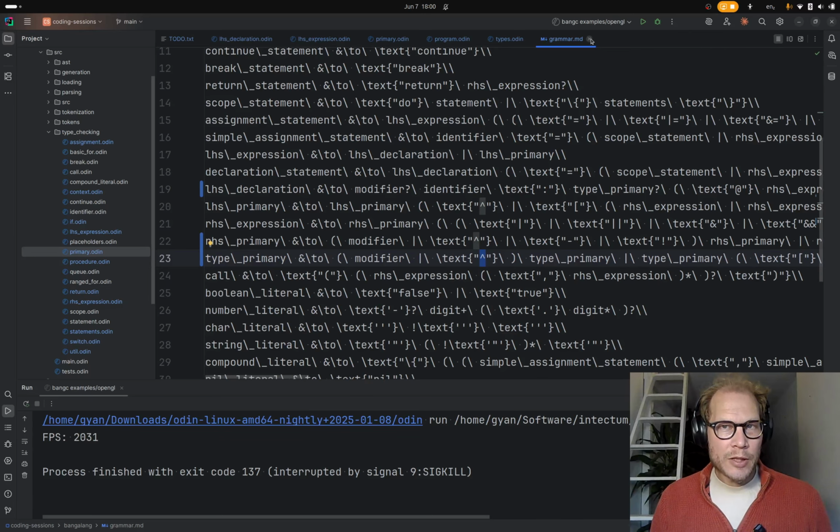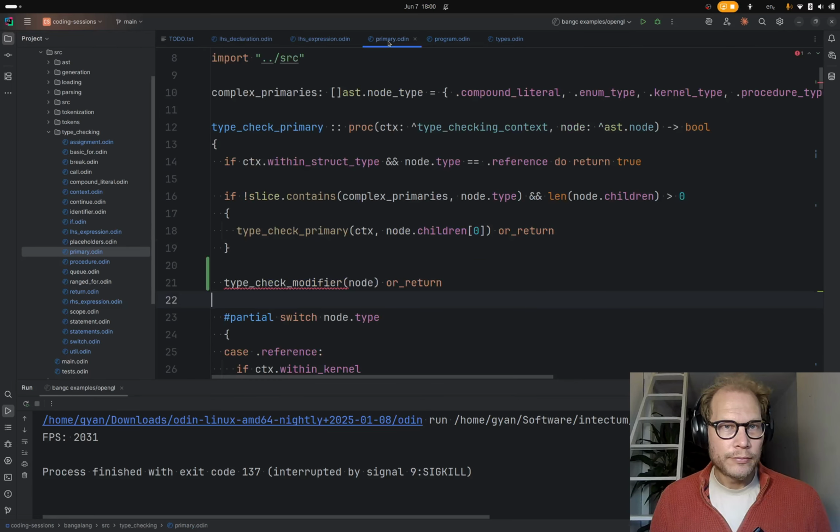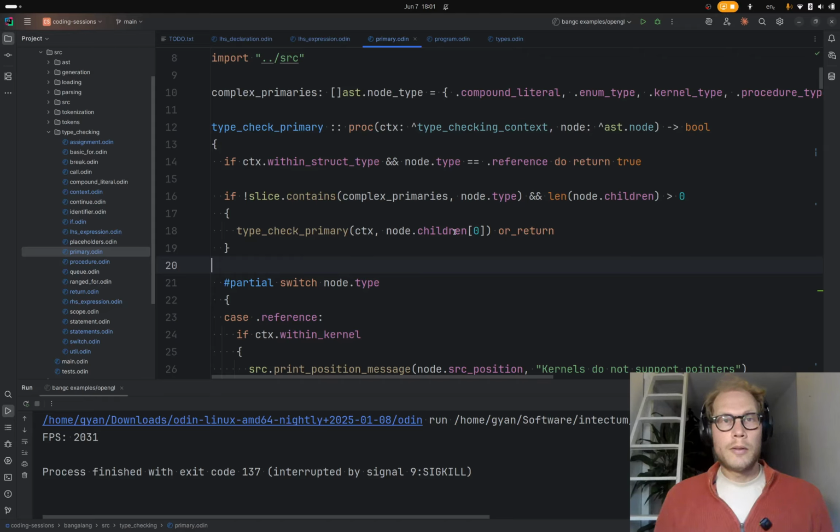I think it needs to be specifically on an identifier, and an identifier that's not a member also. Well, we're talking about a primary, it would only be a right-hand side primary. A left-hand side primary wouldn't make sense.